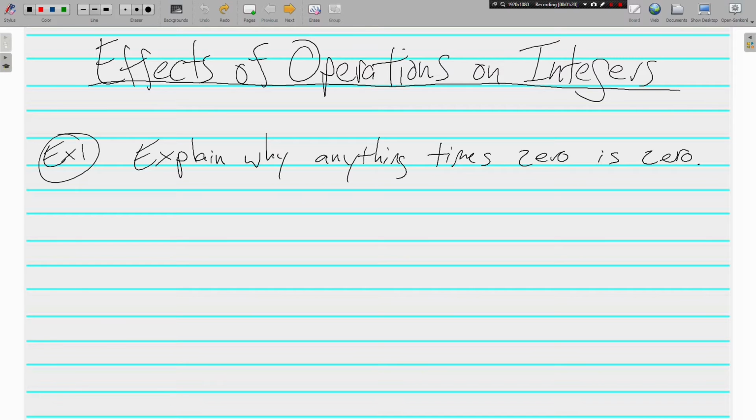Alright, we know that multiplying is a faster way of adding. When you have lots of groups of the same number, it's faster to multiply than to add. 5 plus 5 plus 5 plus 5 plus 5. 0 plus 0 plus 0 plus 0 plus 0. Alright, so a good answer